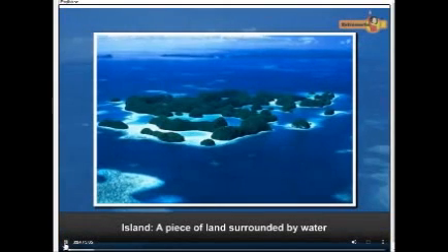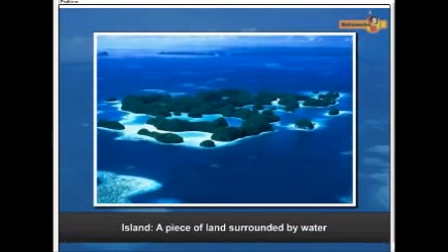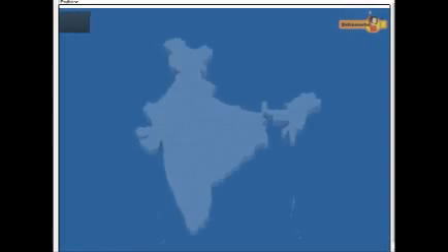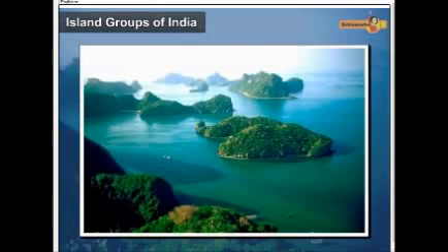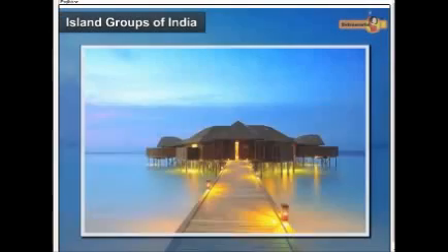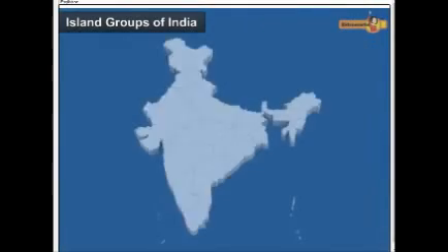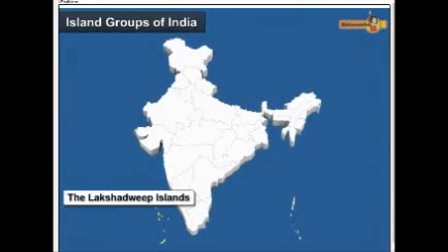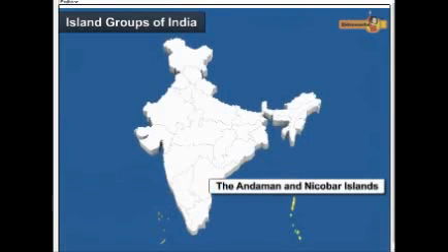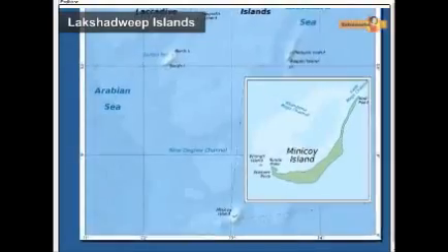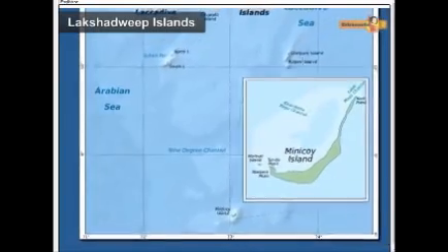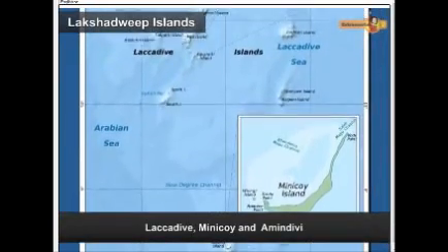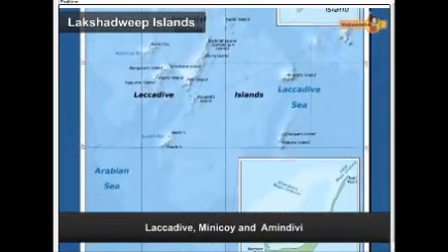An island is a piece of land that is surrounded by water. In India, we have two groups of islands that offer a real amalgamation of beauty and nature: the Lakshadweep Islands and the Andaman and Nicobar Islands. The Lakshadweep Islands are located in the Arabian Sea, formerly known as Laccadive, Minicoy, Amindivi.